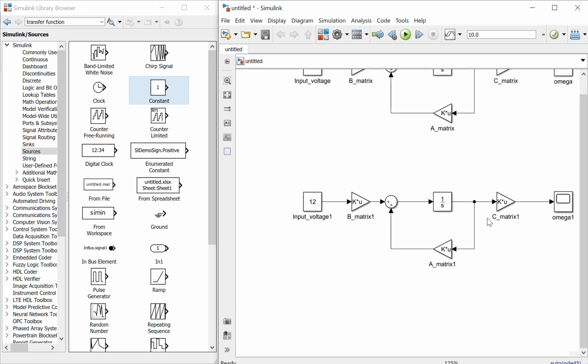So we need to add some parameters here. I will change this to be the reference or set point.